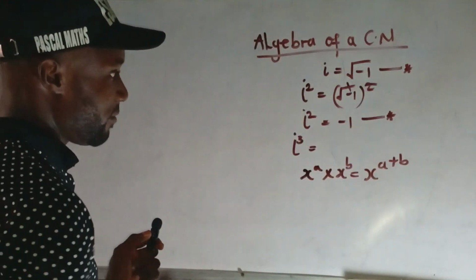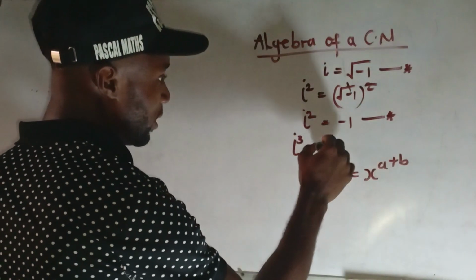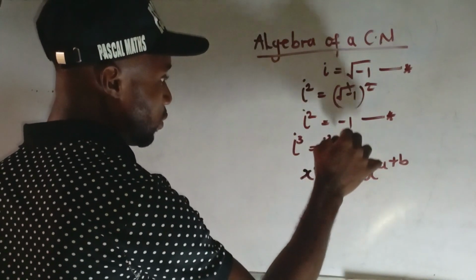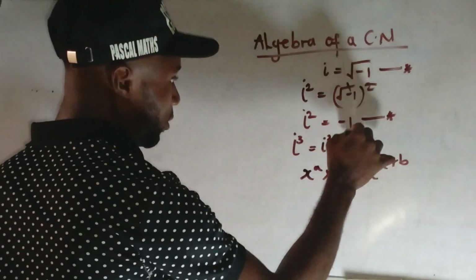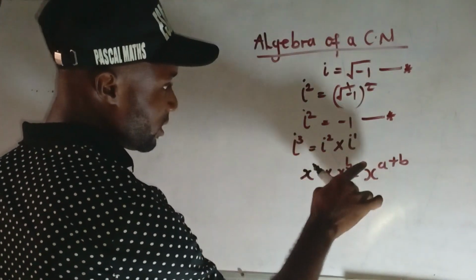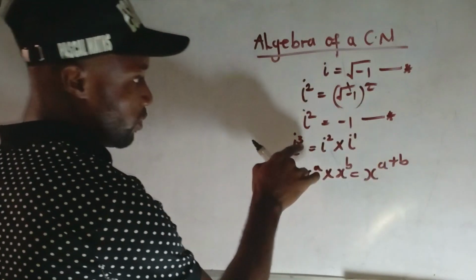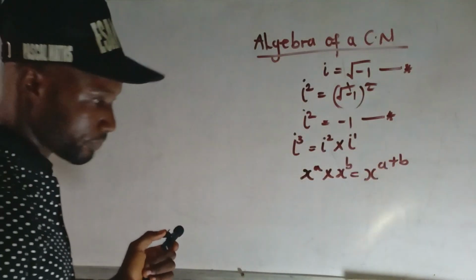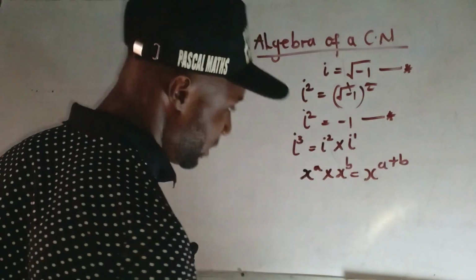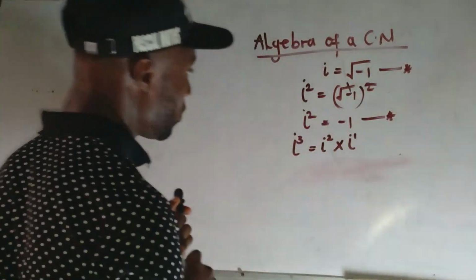So in the sense that if I'm looking for 3, that should be 2 and 1. That is operator i to the power 2 times operator i raised to the power 1. Definitely, if I had a plus b, that is 2 plus 1, it will give us this. So the law of indices is applicable here. So this is equal to